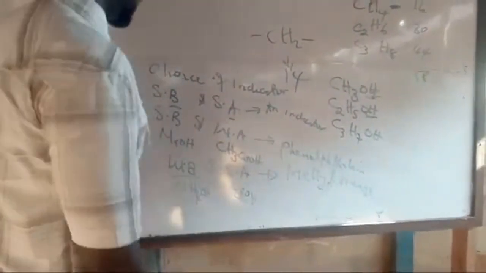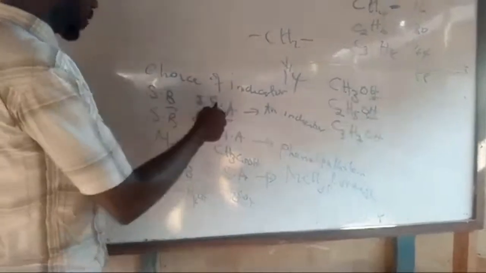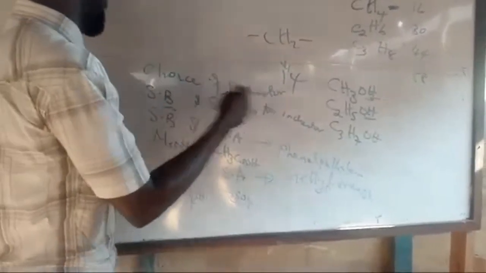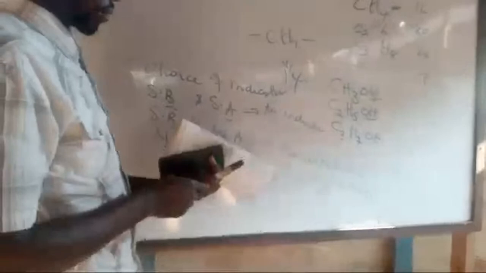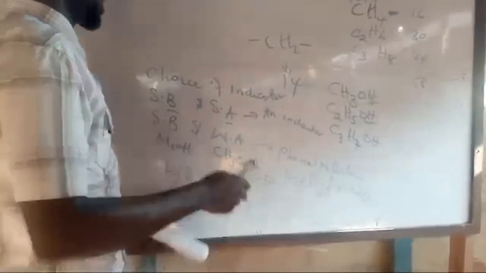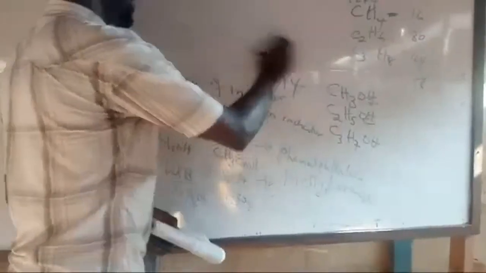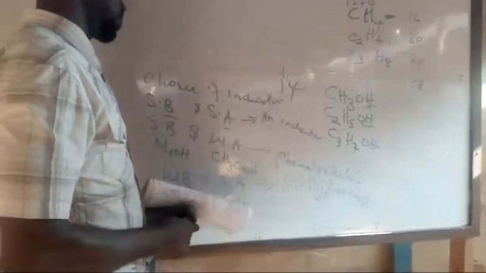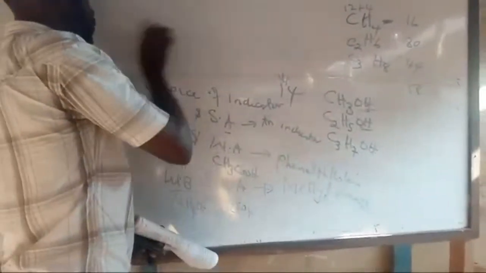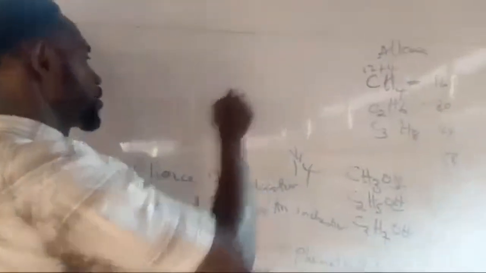Understood? Then the other one is the opposite of the first one, weak base, weak acid. No suitable indicator. So such a titration becomes practically not visible. So when we have weak acid and weak base, please, no suitable indicator. So that's it for choice of indicator. That's what they are trying to let us know.